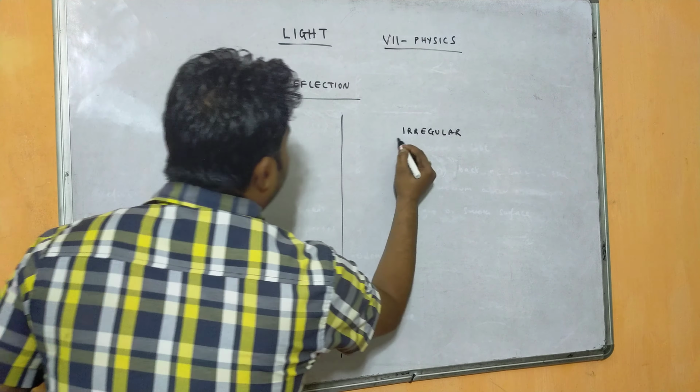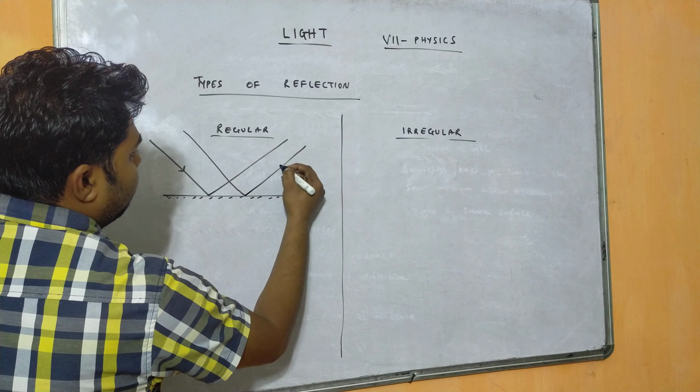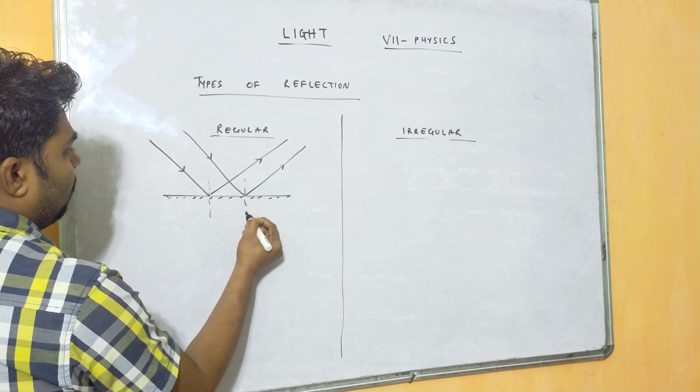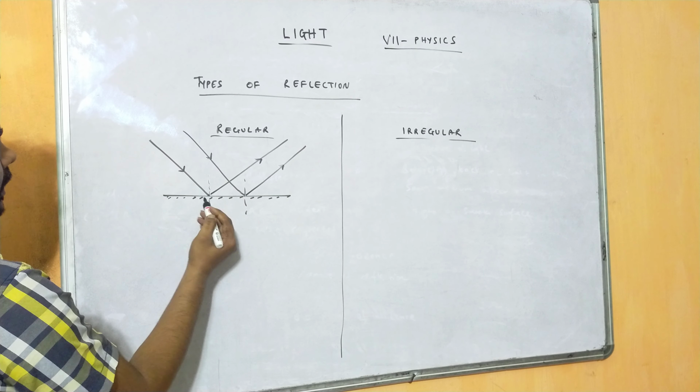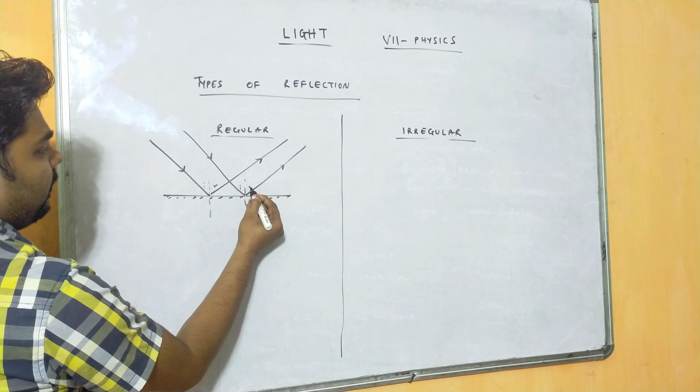In regular reflection, let us consider this is a smooth surface, let us consider it is a mirror. Light is falling here and it gets reflected. Again light falls here, it gets reflected here. This is the incident ray and this is the reflected ray, and this is the angle of incidence and this is the angle of reflection. But in case of irregular,